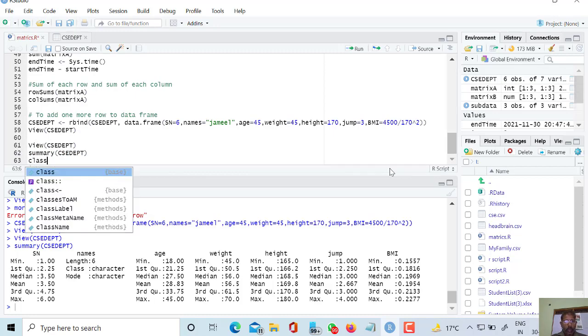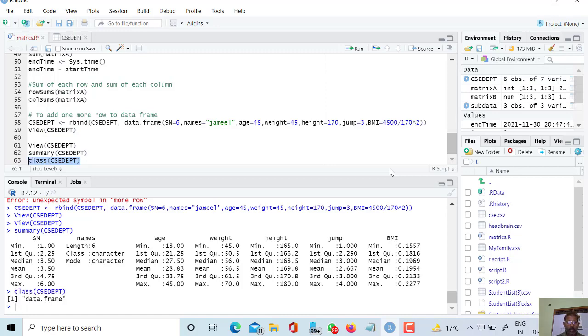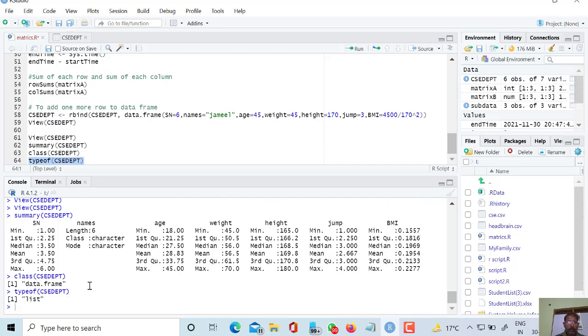Similarly, if I want to know the class of CSE department, let us see what we will obtain here. So it is a data frame. CSE department is a data frame. Another thing, what is the type of CSE department? So typeof is also, it is of list type.